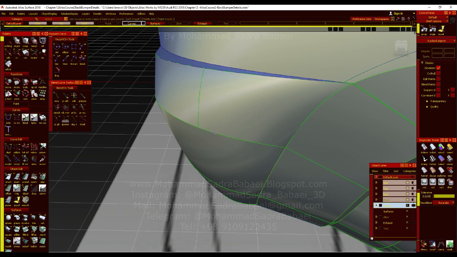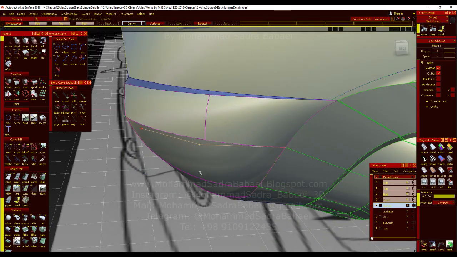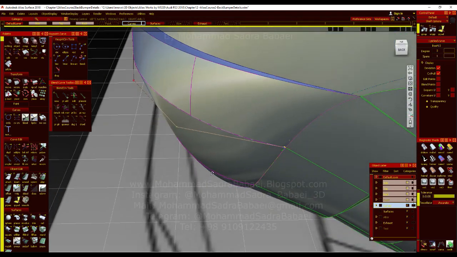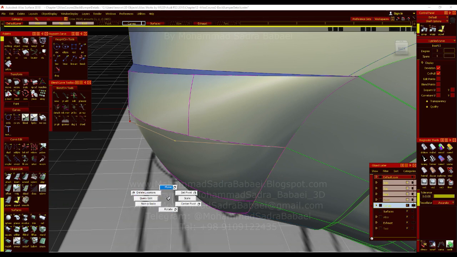So this is a problem, and you should select the curve, or select the surface if you want. Just select the curve, and move the CV here on the X axis or Y axis. Just move it,